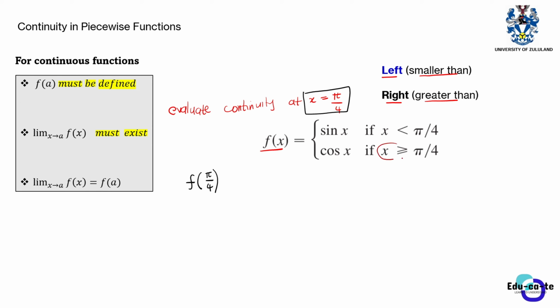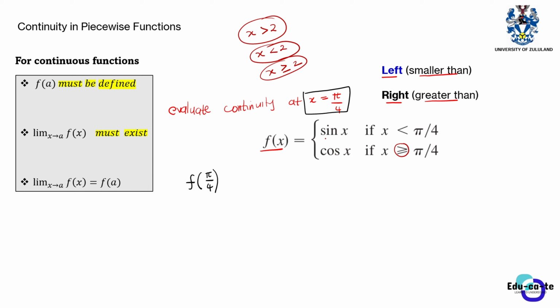x is greater or equal to. Look at this symbol, greater or equal to. The moment you see the symbol greater or equal to, the fact that there's an or equal to, it means that the function is defined at that particular point. If it is just x is greater than 2, we say that the function is not defined at that point. If we say x is less than 2, we say the function is not defined at that point. But if we say x is greater or equal to 2, then we can say that the function is defined at that particular x value.